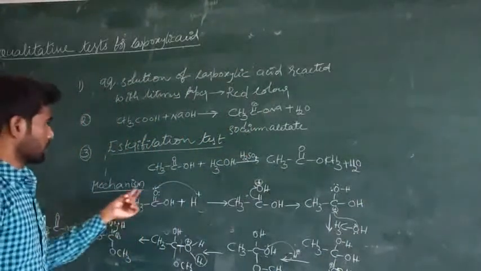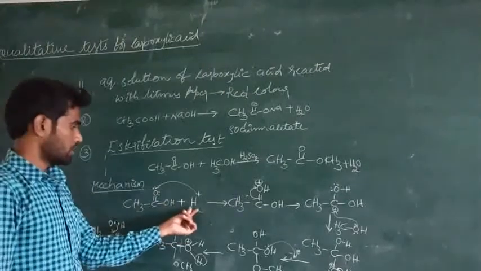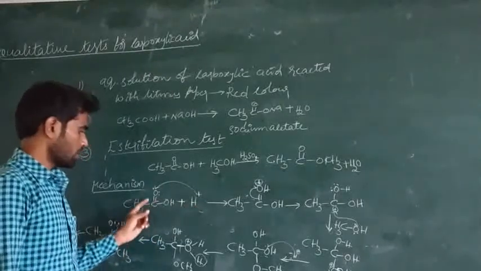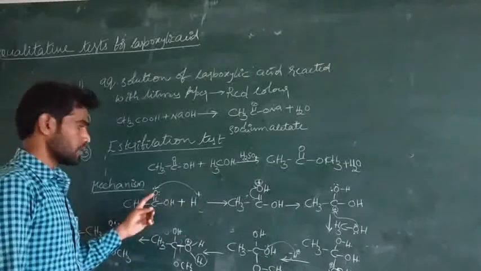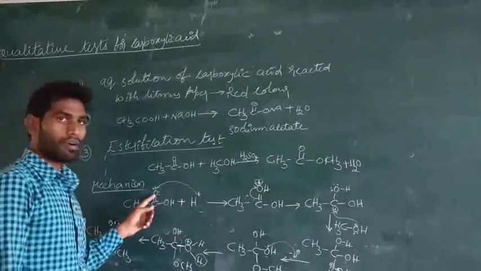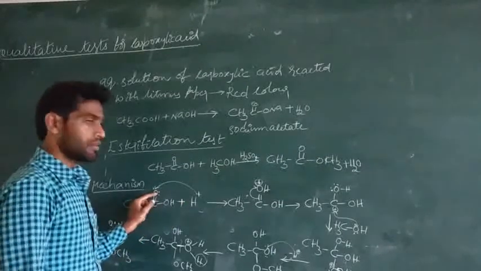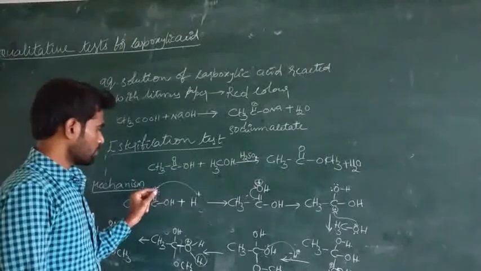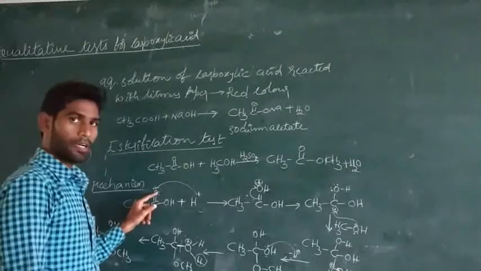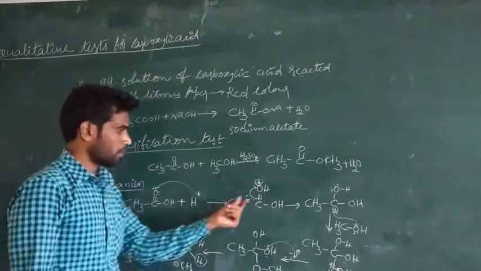In this case, the reaction is initiated by the acid, and H plus ions are reacting with the oxygen atom. This is the carbonyl group, and this hydrogen atom reacts with the oxygen atom. This hydrogen does not have any electrons to make a bond with the oxygen. To make a bond we need two electrons. Those two electrons are supplied by the oxygen atom, and this oxygen is making a bond with the hydrogen atom.